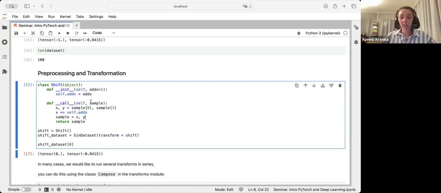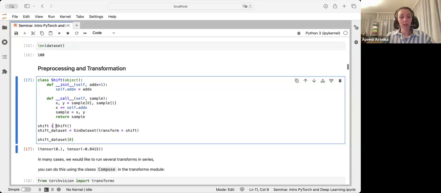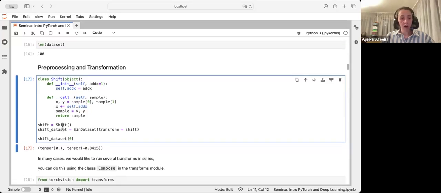This transformation shifts our data, our X values by some value. Default is 1, and yes, we can create the example of our class and get this type of transformation